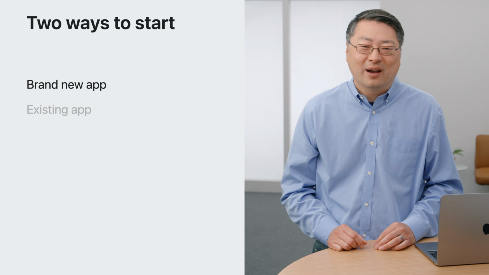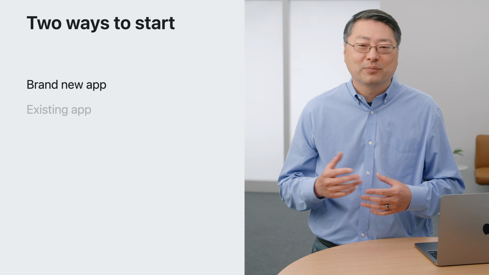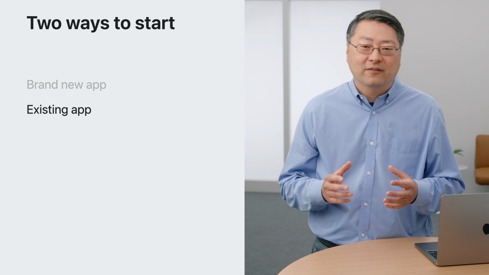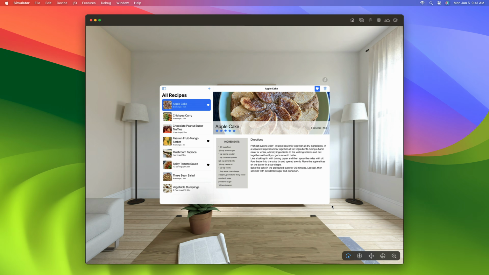Building and designing your app from the ground up on this platform offers opportunities to easily embrace spatial computing concepts. However, some of you might have existing apps that you want to bring to spatial computing. From the start, iPad and iPhone apps look and feel great. If your app supports iPad, that variant will be preferred over iPhone, though iPhone-only apps are fully supported.